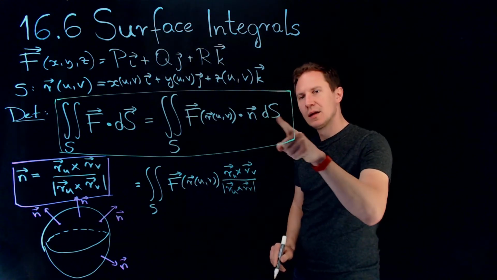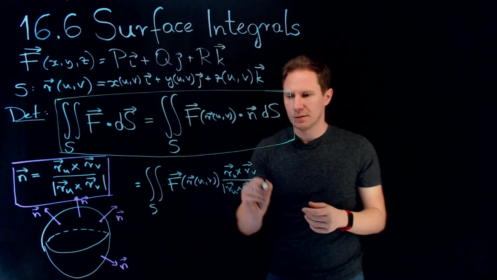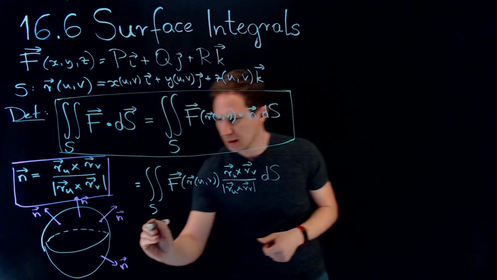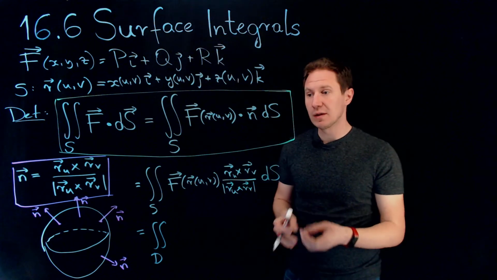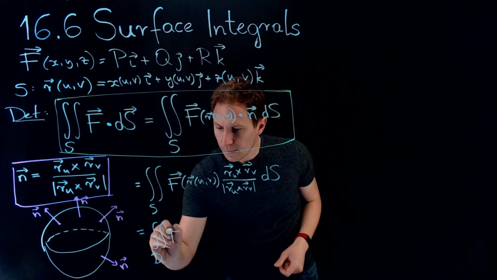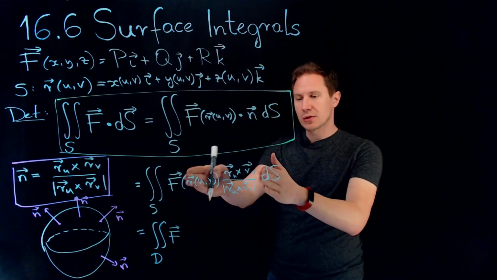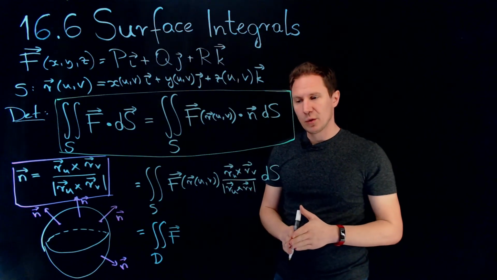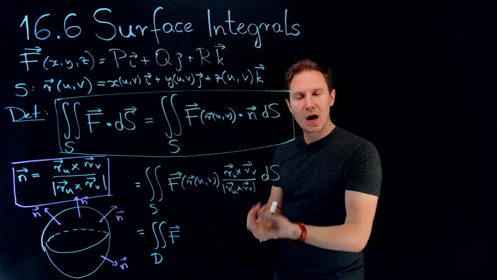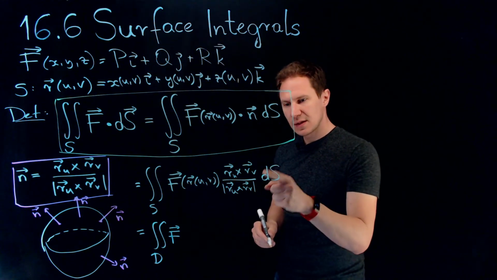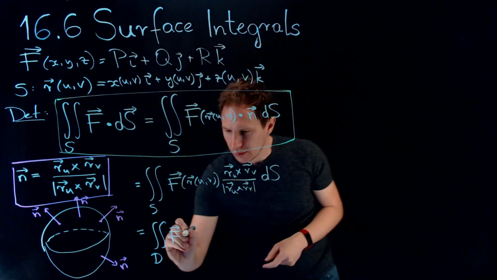So that is n, but remember the surface integral is actually just a double integral over the domain for the parameters u and v of the function that we want to integrate, times the length of the cross product of r_u and r_v. So that's exactly an extra factor that goes in there